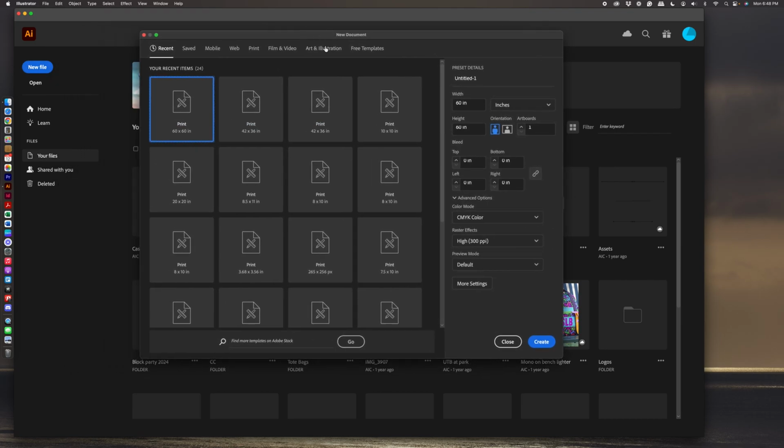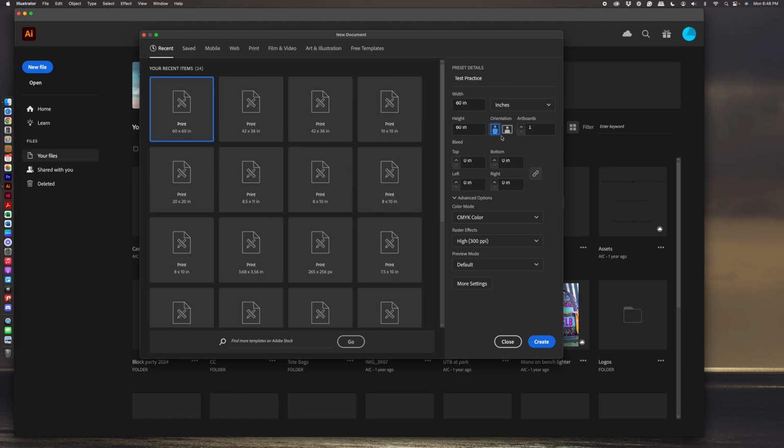Now that you have this window open, I am going to go ahead and name my document. And I am choosing 60 inches by 60 inches. So you might want to change this first if yours says something else, and then change this, because if you have this set to pixels or something else first, and then input 60 here, and then decide to change it to inches, it's going to come up to something very small. So make sure that you're in whatever measurement you want to be in first, and then set your inches or